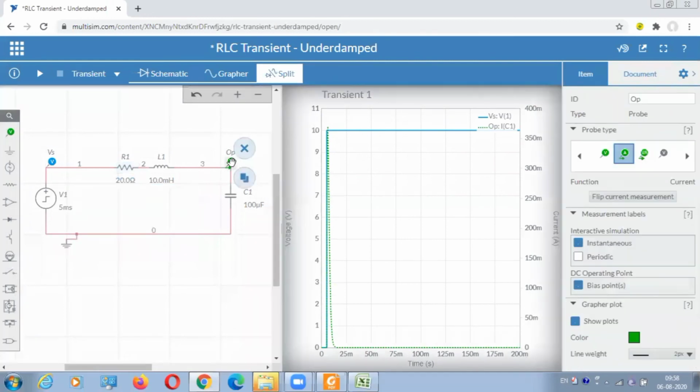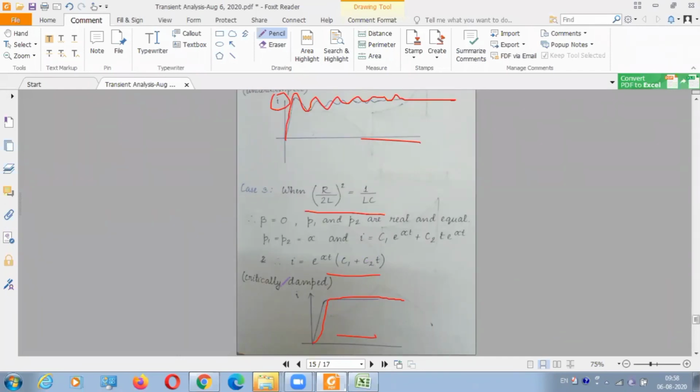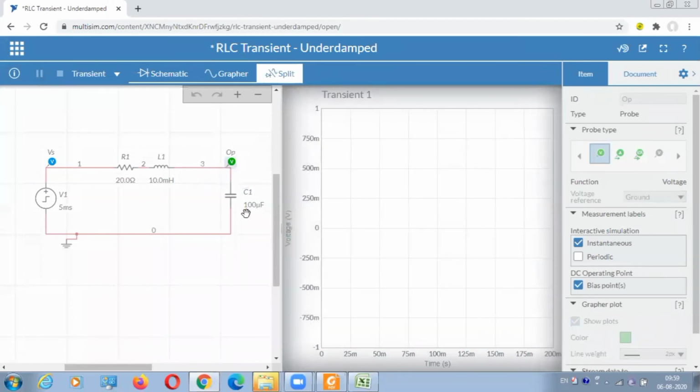Or I'll just show you a voltage curve. See, this is the current curve. Okay. In my curve, what I have shown over here is a voltage. Okay, sorry, this is not current. This is voltage. Current in steady state will be 0. Current in steady state will be 0. These are all voltages which I have shown over here. So I'm changing it to voltage. Let's check whether it is coming or not and do the simulation again.